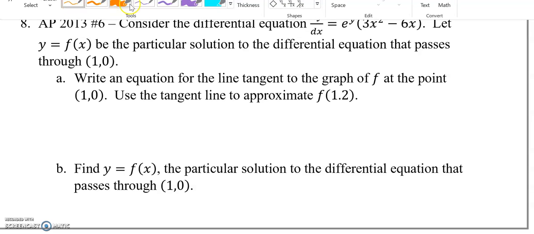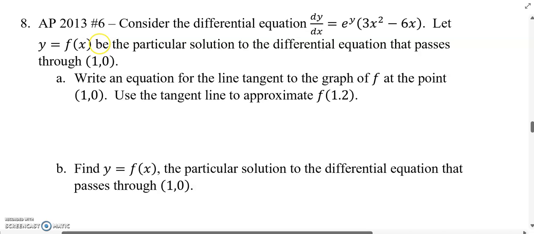It is exceedingly common for the AP exam in May to contain one of the 6 FRQs as a differential equation FRQ. And sometimes that will be the analytic approach like we've already covered, and sometimes it will involve the graphical or numerical approaches that we'll cover in the next set of videos. But this example from 2013 is something that we can do right now before we get to the rest of